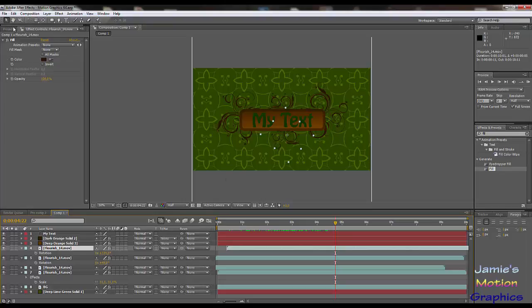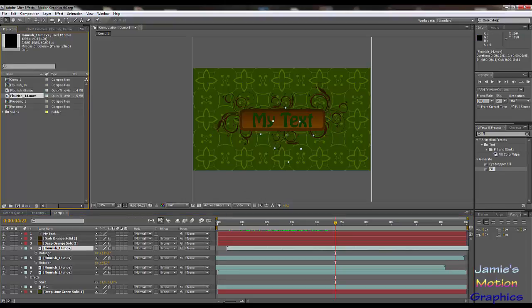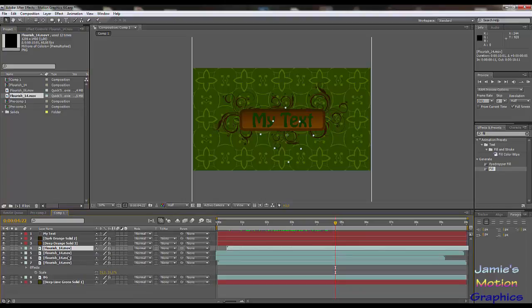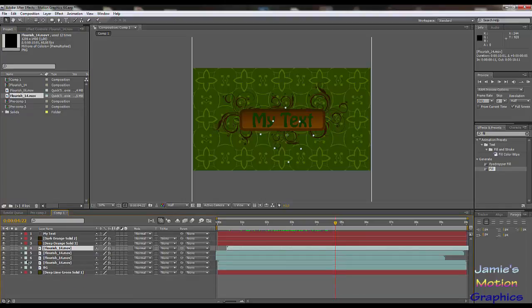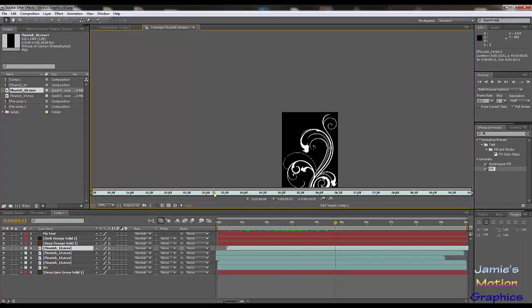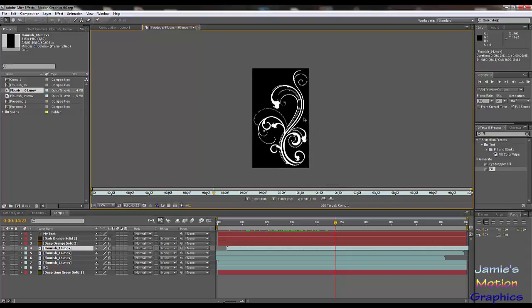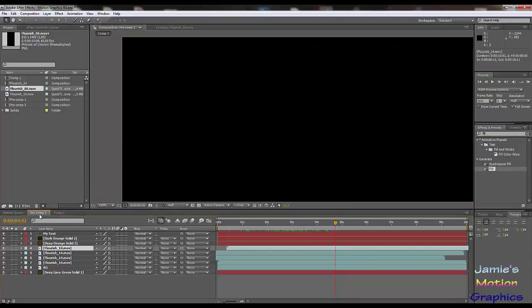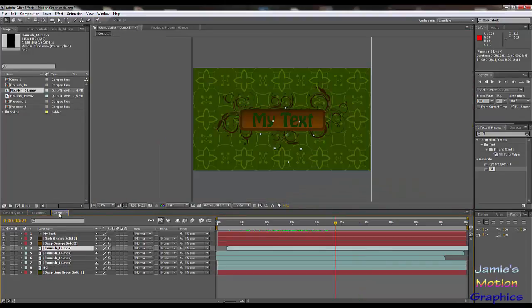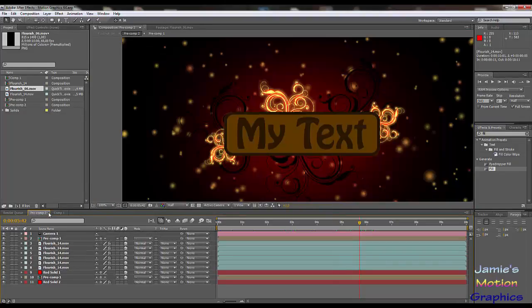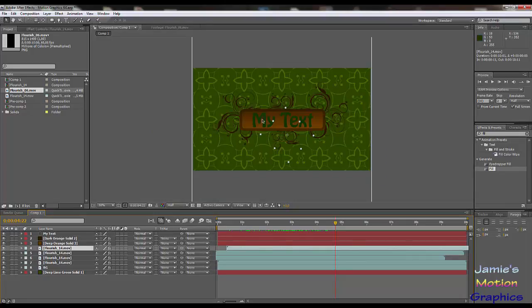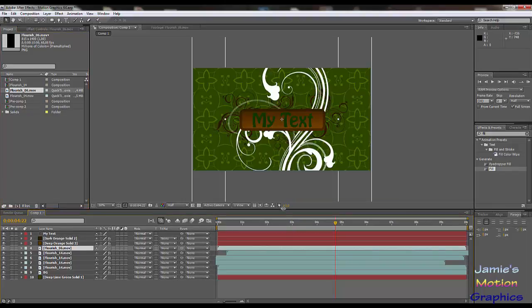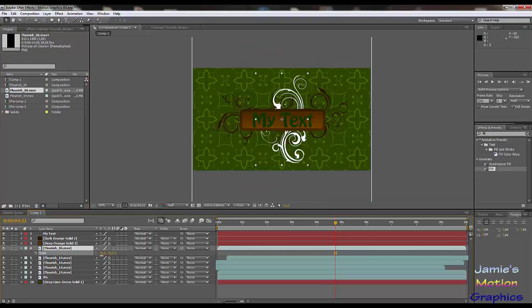So what we're going to do now is, well, last time I used the same flourish, as they're called, over and over, and that was just it. I now want to introduce a new one which looks completely different. It's just a different shape, and you can use it in the brown ones. You can also use it for what I'm going to use it for, which is the highlights. So this one of course needs to be scaled down as well. It needs to be smaller than the other ones,